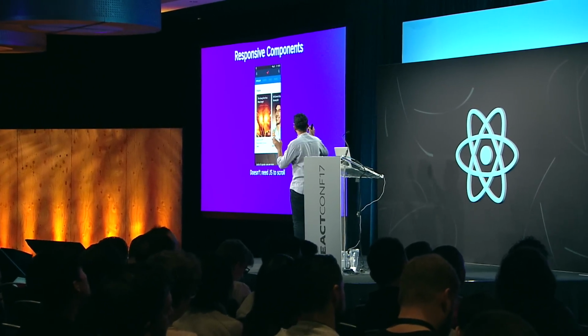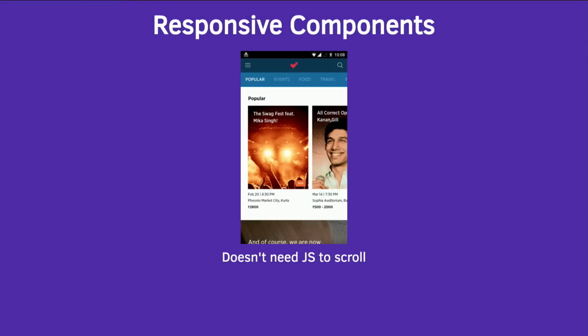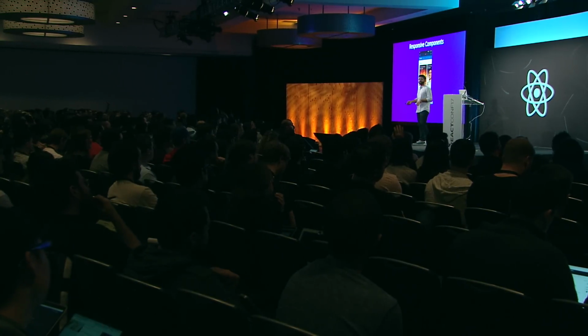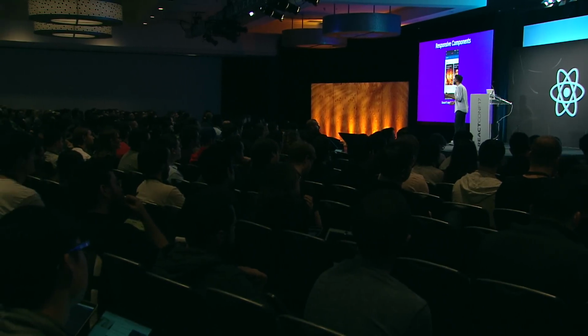And this is one of my favorite examples. When we were building this sort of carousel, and I was trying to wrap my head around how to get this working on desktop and mobile, the designer in the team was just like, why do you need JavaScript for this? And then I took a step back and I realized, actually, hang on, I don't. How many of us have built carousels in our React apps which have used either our own carousel plugin or a third-party node module? Can I get a show of hands? But the truth is, if you're building a carousel on a mobile, you don't need JavaScript. It's just a horizontal div that overflows.